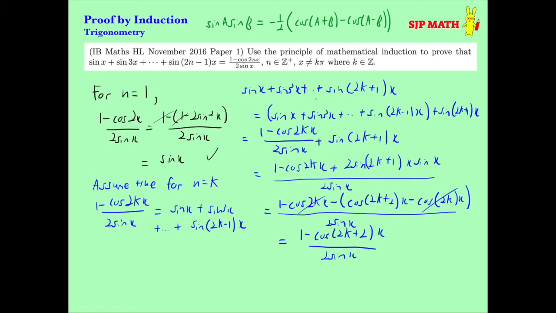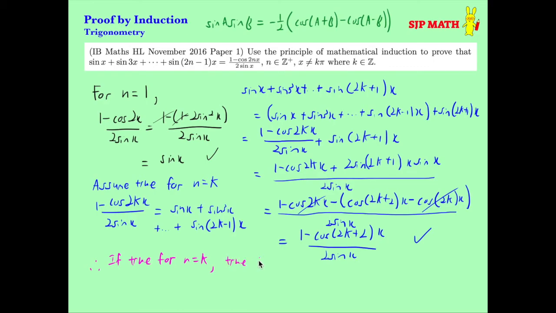We wanted to prove that if this is true for k plus 1, then the right hand side should be equal to this expression. So we proved it true for n equals k plus 1. That's good, because we showed that. So we're going to write the last line for this proof, because we have completed it. Therefore, we have proved that if true for n equals k, then it's true